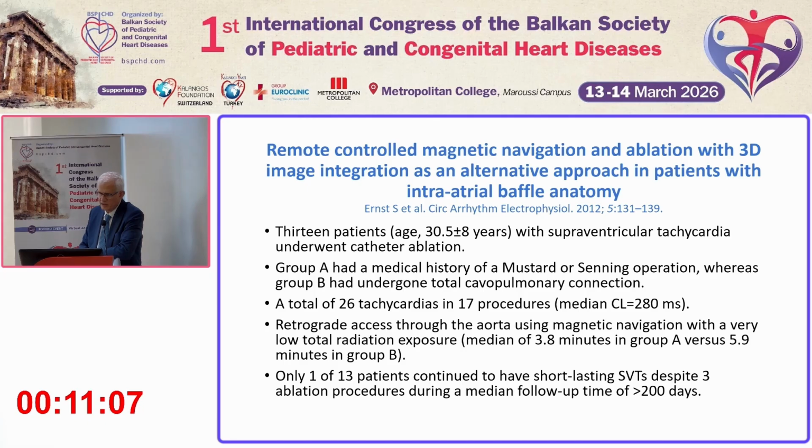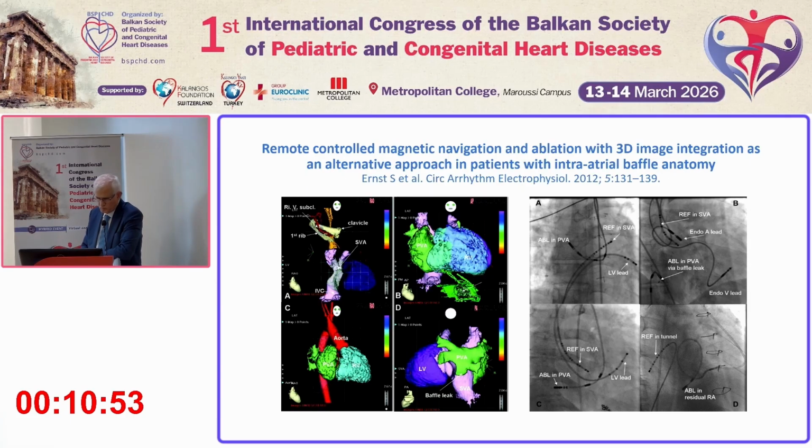This requires very high technology with large magnets that can help to guide the catheter in almost every area in the heart, and requires the use of imaging like MRI or CT cast, and on that we project the arrhythmia circuit, and then with the use of this magnetic navigation, the catheter can go to the specific area. And with this technology, you can avoid puncturing the extracardiac conduit and go directly retrograde from the aorta into the